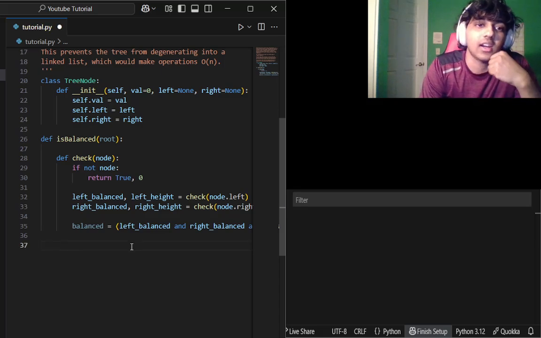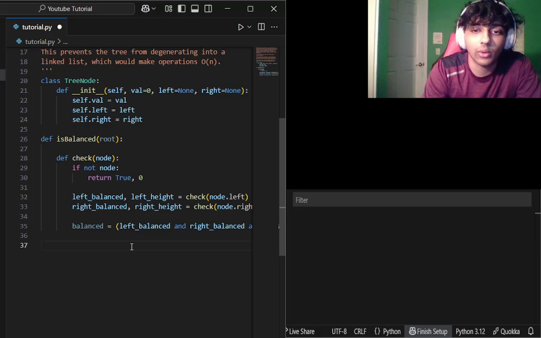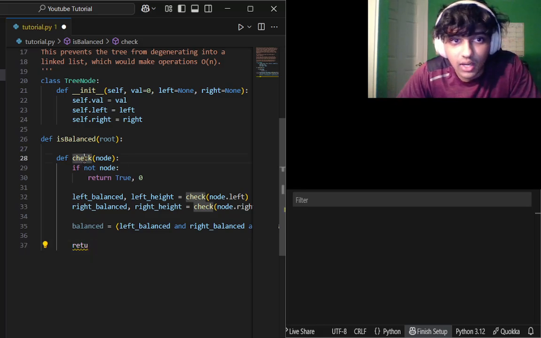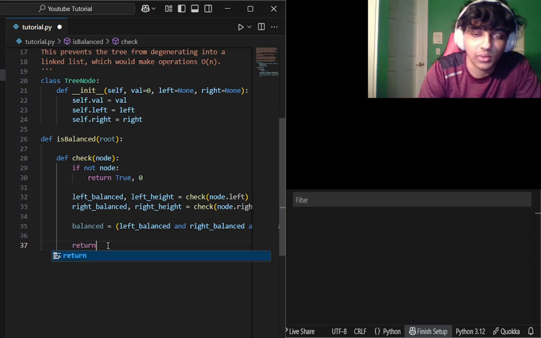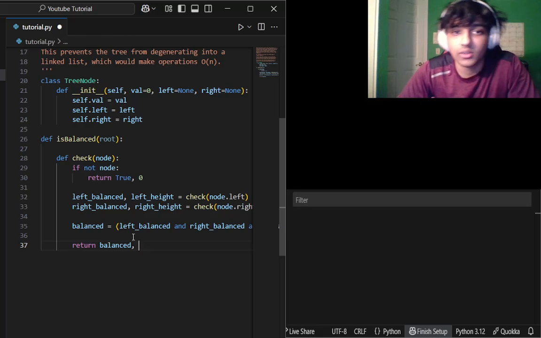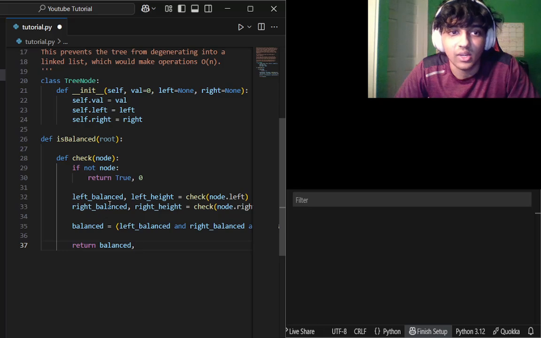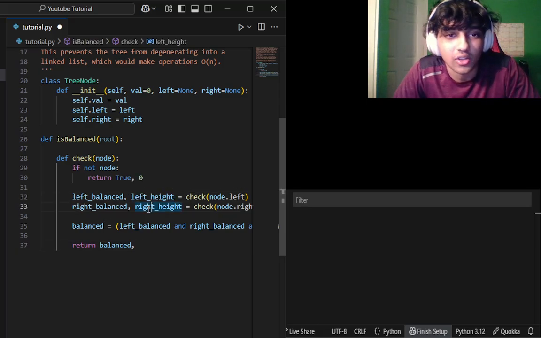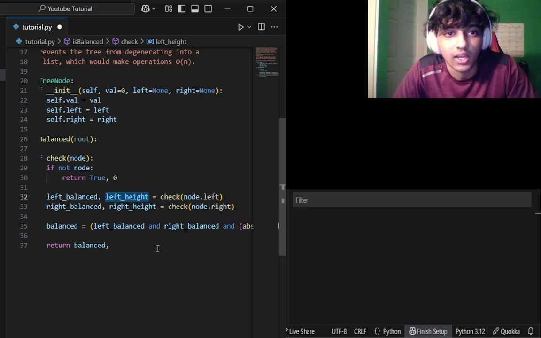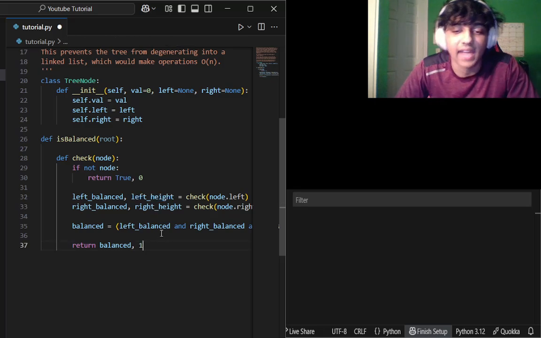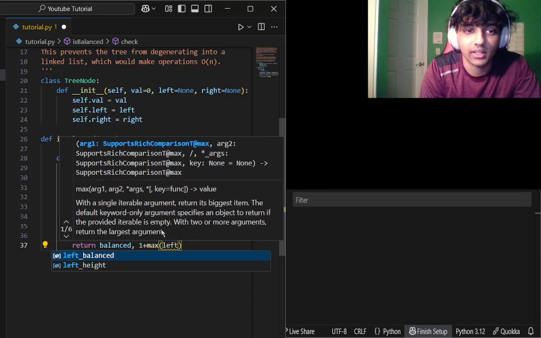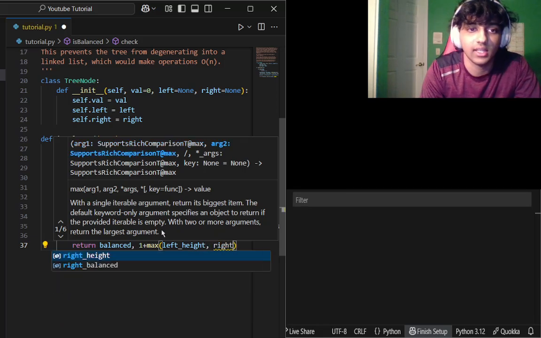Oh, sorry about that. I forgot to mention, what we're actually going to be doing is returning, within this recursive function itself, balanced, and also to calculate the height of the tree, which is the whole point of this, we're trying to make sure that the heights of the two subtrees are even. What we're going to be doing is adding 1 plus the max value of the left height and the right height. So